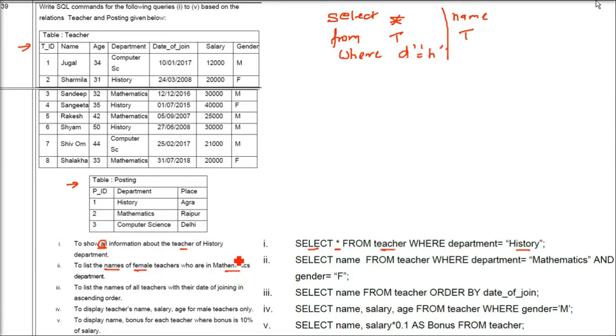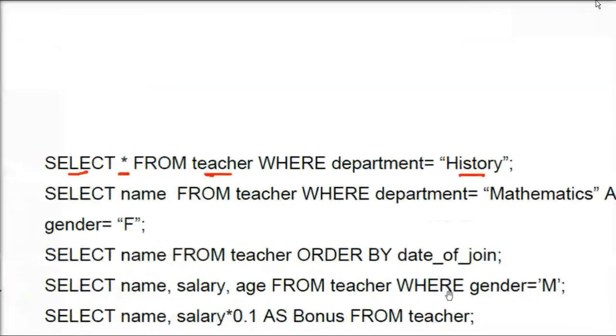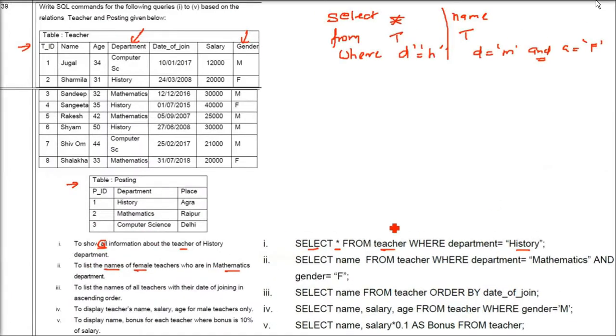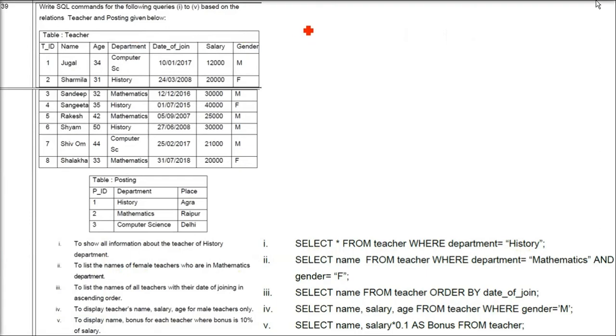So first thing is female. So gender has to be female. And second thing is department has to be mathematics. So there are two columns, department and gender. In this where we will give the condition where department equals mathematics, and we'll use and because both have to be true. Gender equals female. I'm writing it in short because I don't have enough space, that is why I'm just writing the initials. You have to write like this: department equals mathematics and gender equals female.